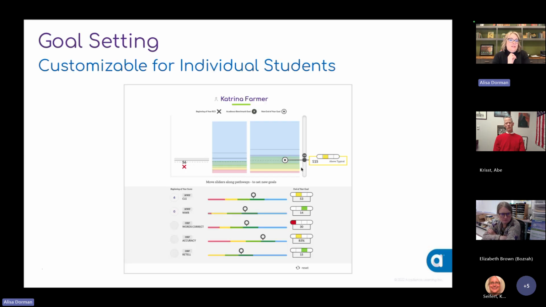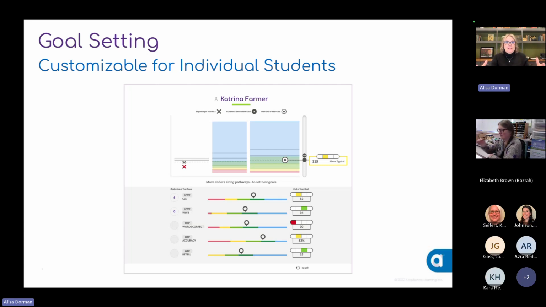We also wanted to go back and mention that in the example that we used with Ethan, we talk about setting goals for students. And Acadience Learning Online, if you're using it for your data management system, will already create an initial goal for you. And once that initial goal is created, you have the ability to change it, customize it, based on the things that you know about your context, the classroom context, or maybe even the building context.